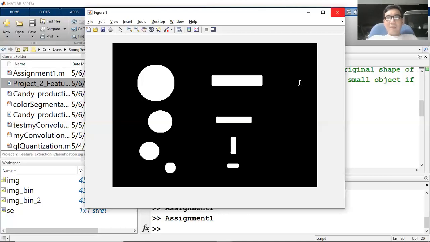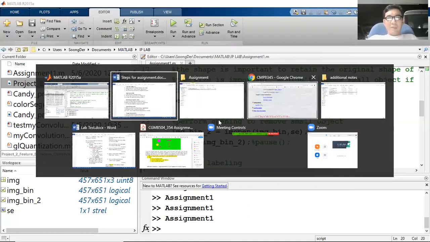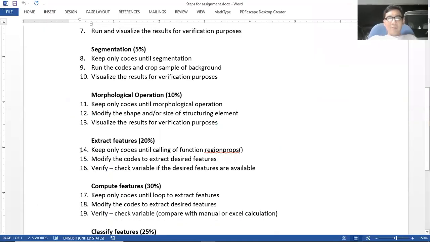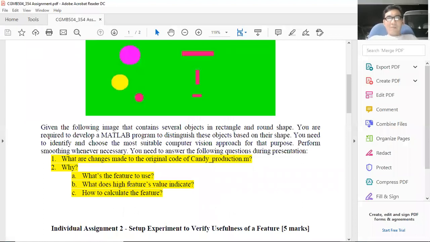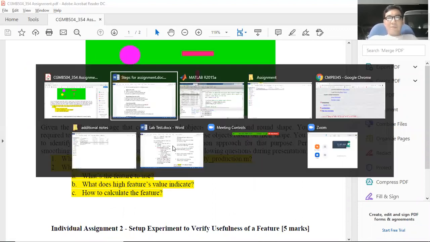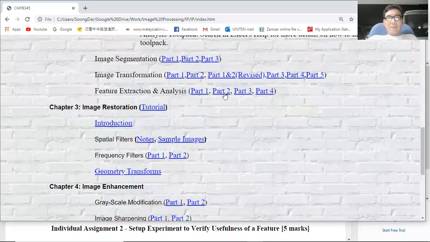All right, so we're done with that. So next you extract the features. So you keep only the code until region props, and modify the code to extract the desired feature. So here you have to decide what features you want to use, and explain why, because in the questions you need to justify what features you use, and how to use them. So if the value is high it means what, if low it means what, and how to calculate the features. For this, you can refer to the notes, feature extraction part 2,